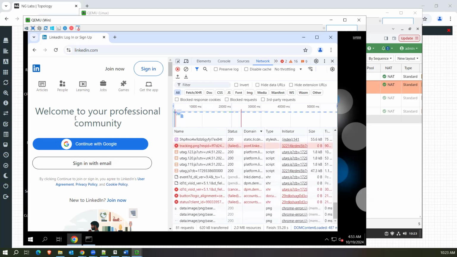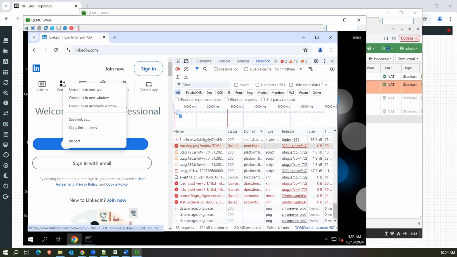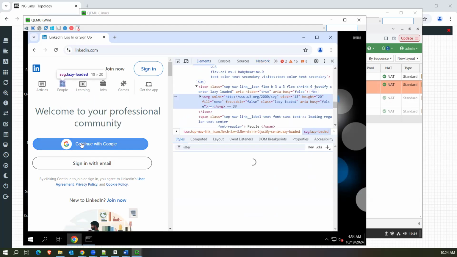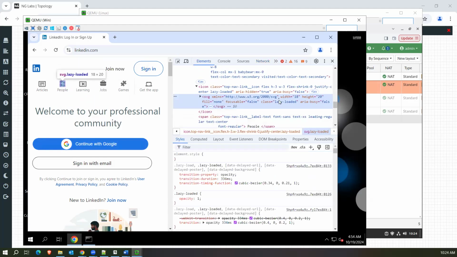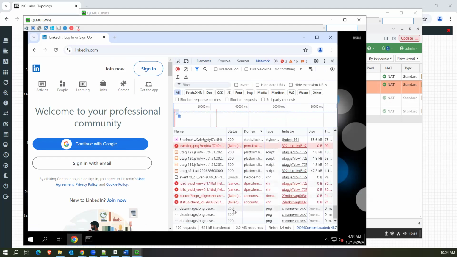Now, for example, you can end up in a situation, maybe this is a PNG, right? This is a PNG. Inspect. So this w3.org SVG. So maybe let's say this logo is not being visible, maybe this logo is not getting loaded in the website. If you encounter such issues, you can always check this domain, find out which element belongs to this logo, and see what domain it goes to, and see if that is being blocked